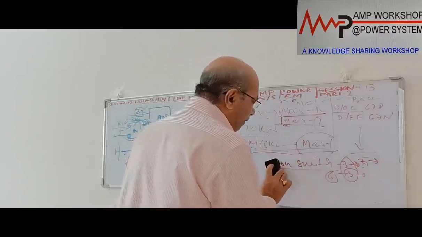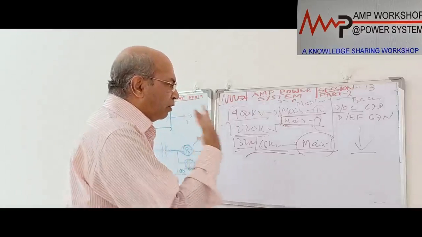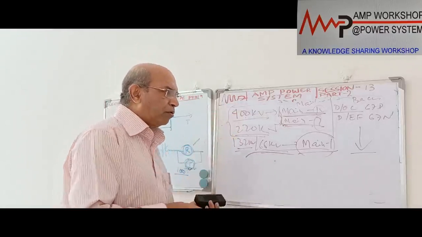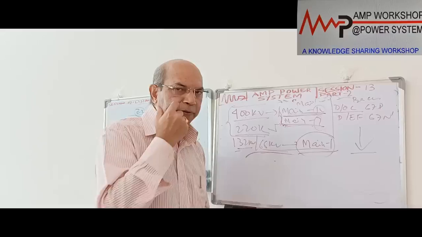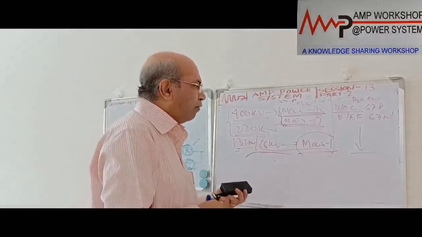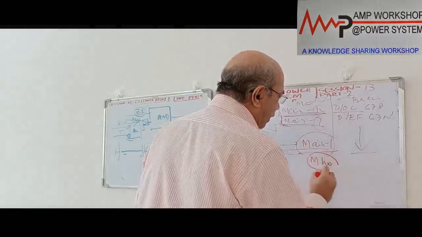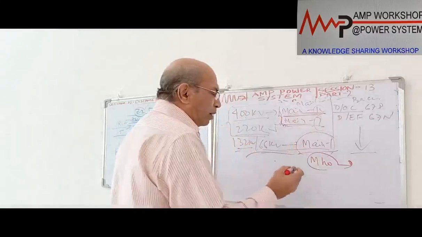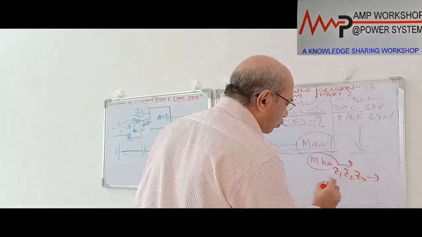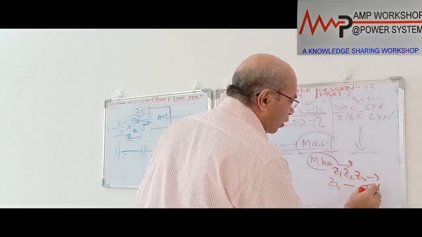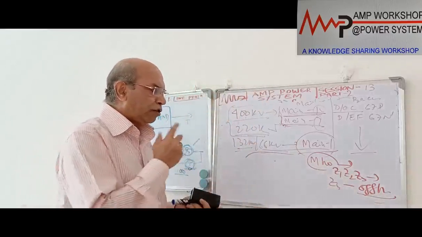So for the main protection, all the schemes will be non-switched schemes. So when you go for a specification of this relay, main 1 and main 2, the main protection, is a non-switched scheme. Each has an independent measuring element and starter element. And normally we generally use the mho type relay for zone 1, zone 2 and zone 3. Sometimes if it is a 4-element scheme, then for zone 1, zone 2, zone 3 we take mho relays, and for zone 4 we use an offset mho relay. So it can be used as a starter. Offset mho relay we use for zone 4. That is the normal practice.